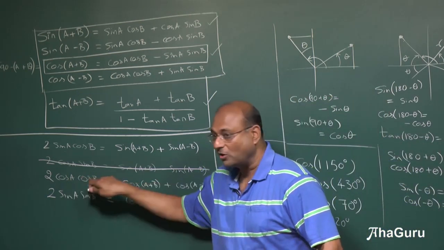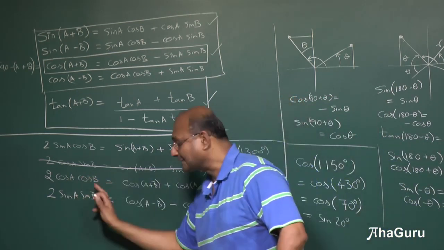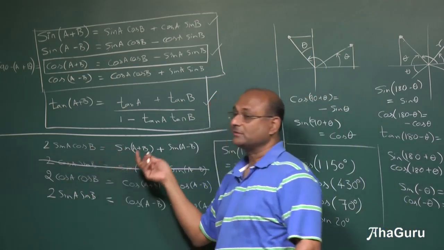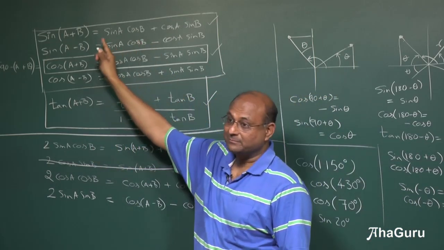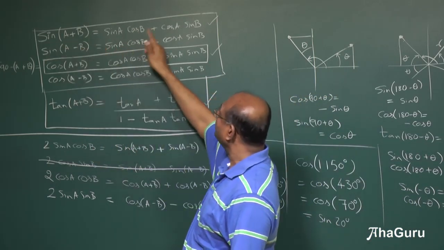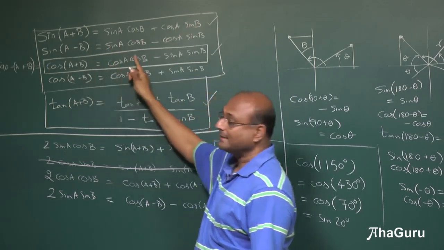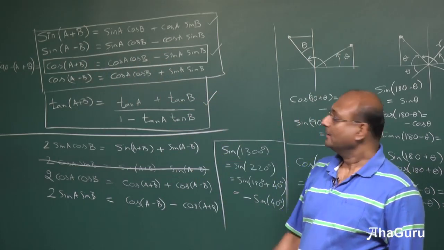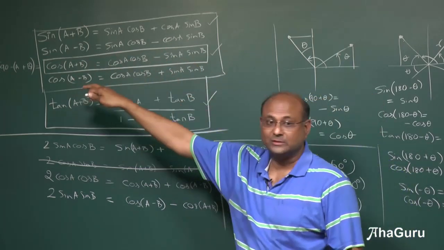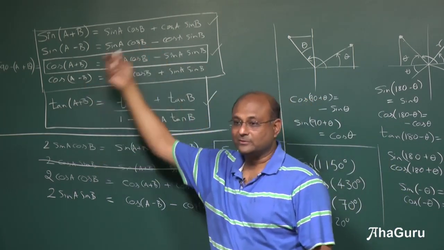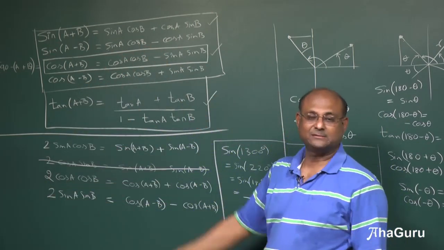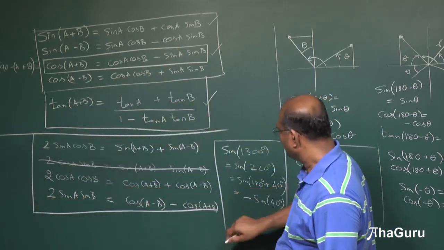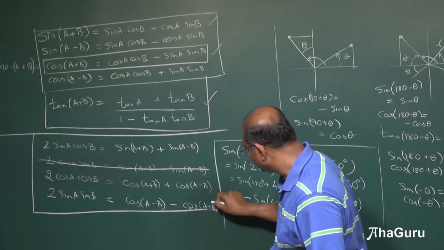Notice whenever you have a cos cos, you have a cos. Whenever you have a sin sin, you have a cos. But when you have a sin cos, you have a sin. Notice that also the same thing. Sin of A plus B is sin A cos B, cos A sin B. Cos of A plus B doesn't have a sin A cos B, it has a cos A cos B, sin A sin B. Right? So sin A sin B is going to produce a cos. Cos A cos B is going to produce a cos. Sin A cos B or cos A sin B will produce sines. Okay, you can see what I have written.